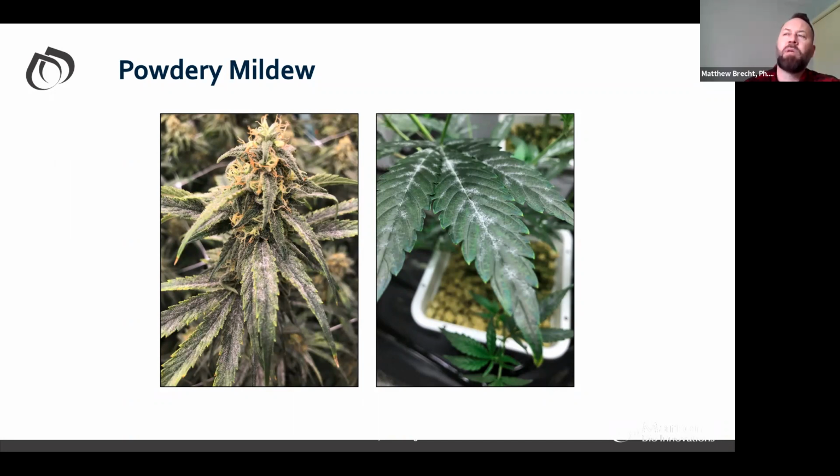If you're going to be using products early on, you want to start at transplant and do successive applications every week or 10 days or 2 weeks up until when you think you're going to stop with flower. So a lot of times people stop in flower right around week 5 or so. But some of the products for powdery mildew you can actually use late in flower.